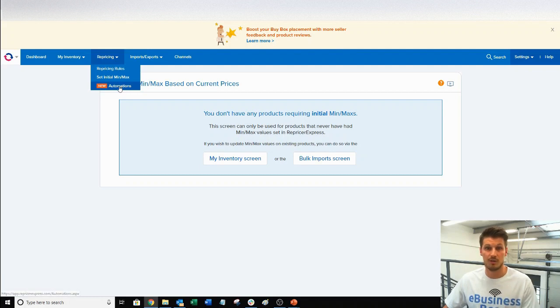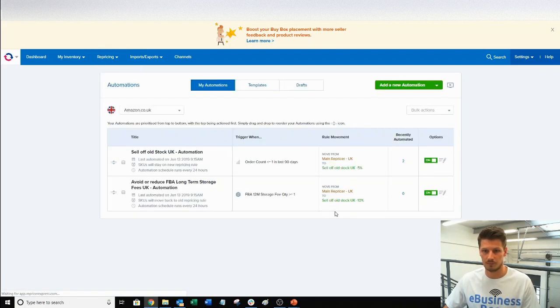Finally, let's look at automations under repricing. Okay, much like the repricing rules, you can see your automations here, like you can see your rules in the first tab. And as you can see, we've only got 2 set up on this account. On our other one, we've got a lot more, because as I say, we got more advanced with that. This is when we were playing around and didn't necessarily know what we were doing, but once we got the hang of it, fantastic. And in our other account, I think we've got about 6 different automations. So yeah, just 2 in this one. So you can see those there.